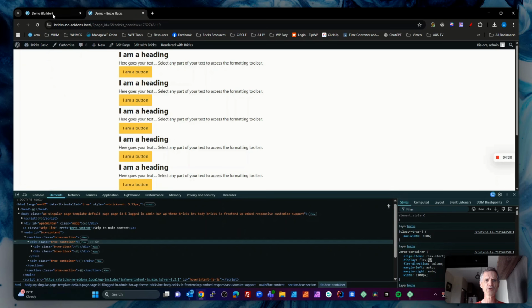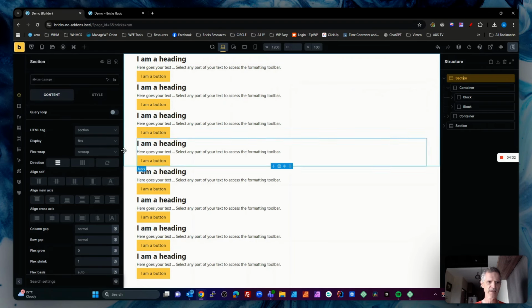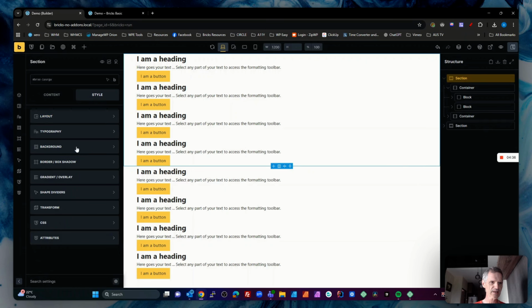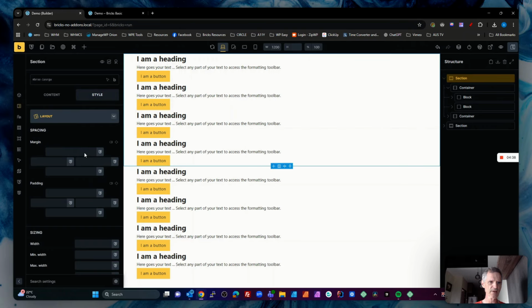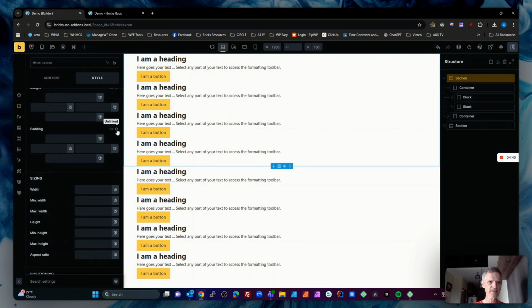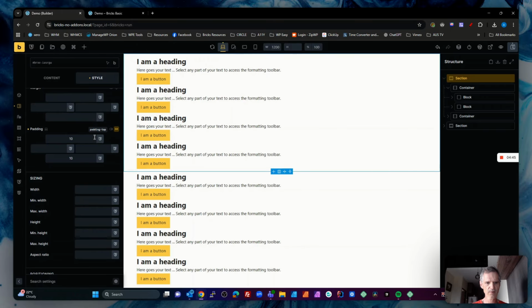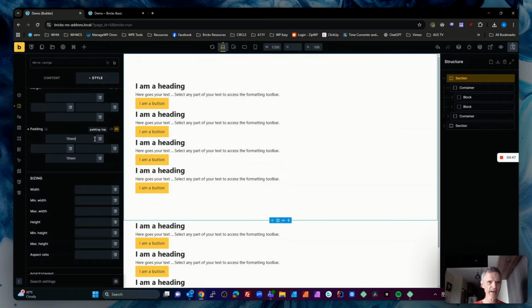What most people will do is they'll come into Bricks, go into our section, go into the style, and go into our CSS or layout. I'm just going to go to layout, and we'd link these, and we might put, say, 10 rem padding on the top and bottom, and we might put 1 rem on the side. And notice that we've only affected this one section. We haven't affected the other section